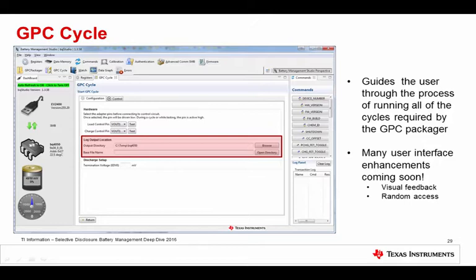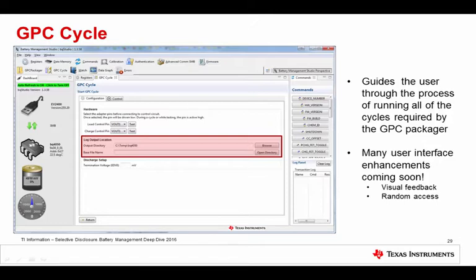However, I want to mention I can't show screen captures. It's something we're working on now, but for early next year, we have a lot of user interface enhancements coming to both Learning Cycle and CEDV Cycle, or GPC Cycle. Much better status information in terms of showing you where it is in the cycle, some immediate visual feedback so you can see, okay, this is about how much time I have left, and this is where I am in the cycle, and it's relaxing, and here's real-time feedback of what voltage and current it's reading.